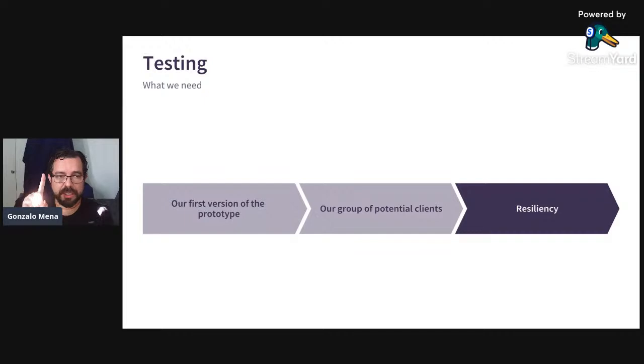Number 1, they are not from our close circle. They're not family, they're not good friends, so their feedback is objective. And number two, these people are actually having the problem that I'm trying to solve. If I'm trying to solve the world hunger problem, and I'm interviewing people who have never been hungry, who have never had problems putting food on the table, it's not useful because they don't know the problem, they don't understand the problem. So I need to find people that experience the problem that I want to solve